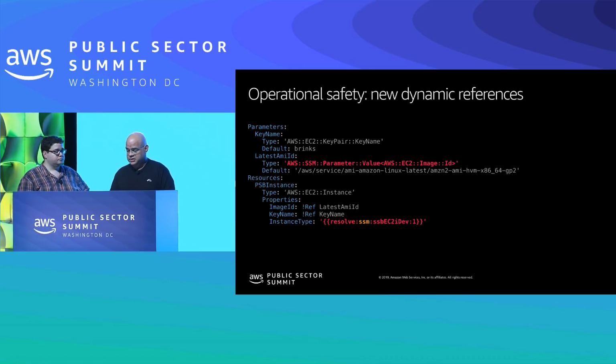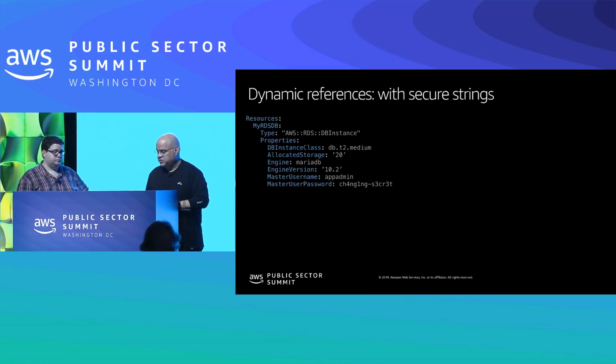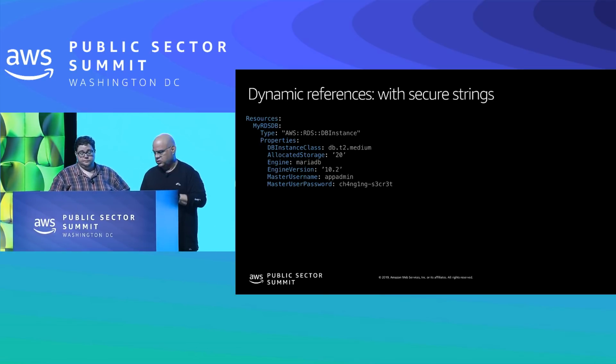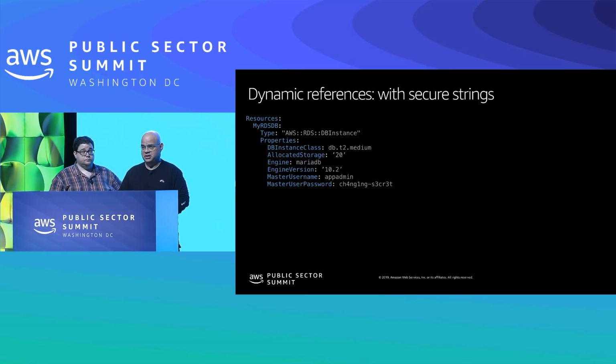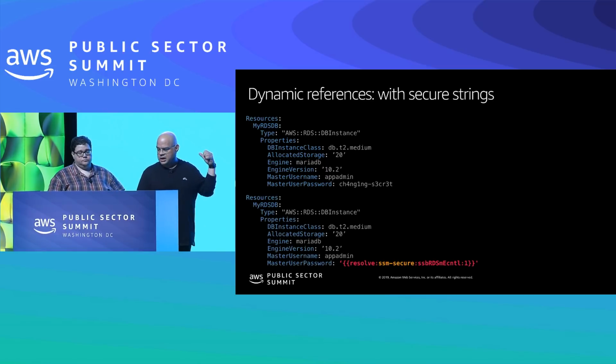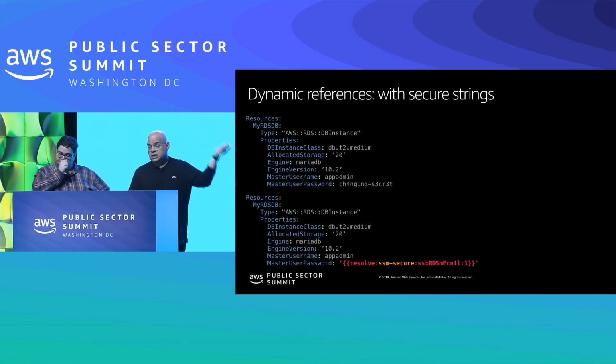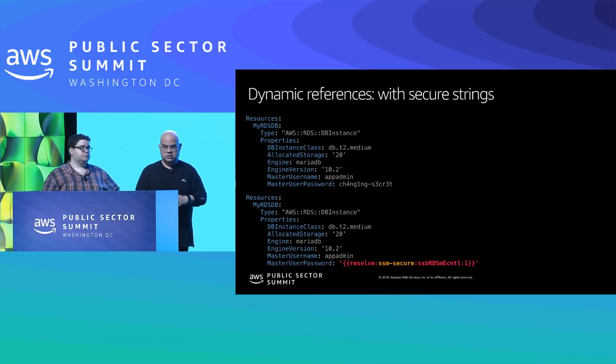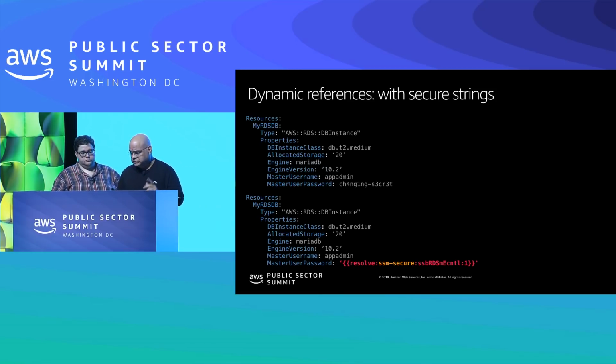But now the fun part comes when you start talking about secrets. When you deal with secure strings, maybe some of you have seen a template like this, where you have to put a user password to create, for example, an RDS DB instance or a cluster, and you have to put kind of like a dummy password there because you would not want to put the real one there. So now, rather than having to go through the gyrations of putting perhaps a dummy password, you can actually use the dynamic reference, supporting parameter store, supporting secure strings. So now you can keep that information safely in parameter store.